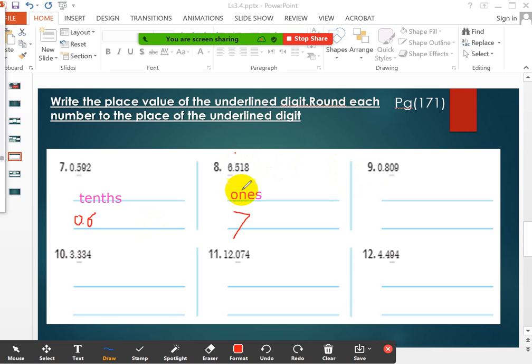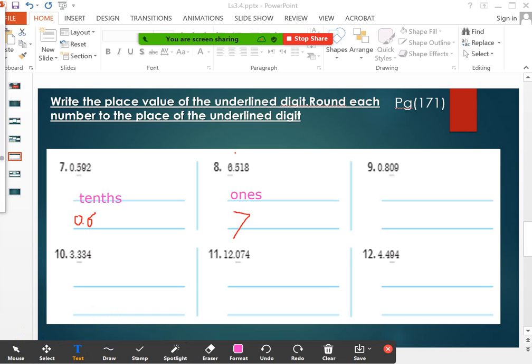5. And if the digit before it equals 5, that means I have to add 1 to the digit, and the digits after it will be 0. So no need to write the zeros in the decimal part. Okay? Now, let's move to number 9 and let's choose